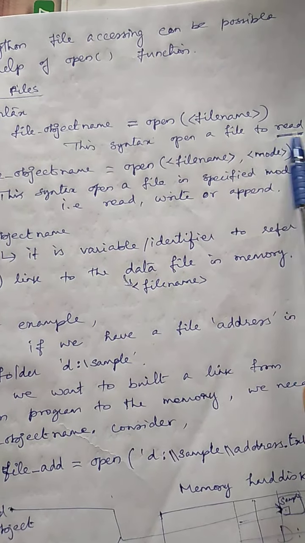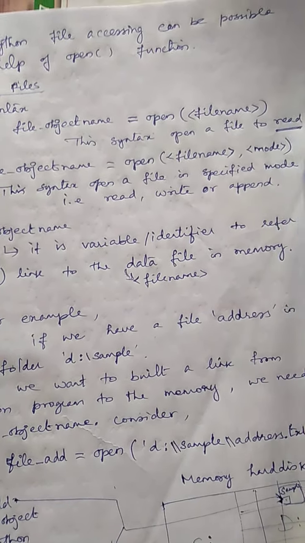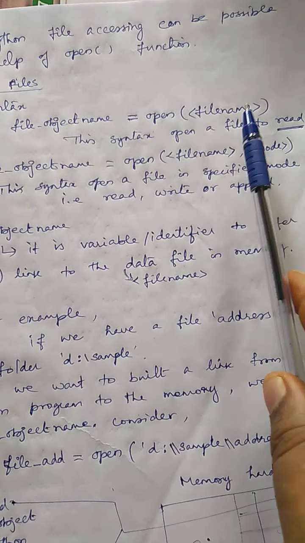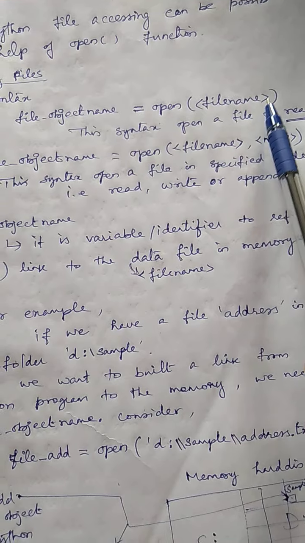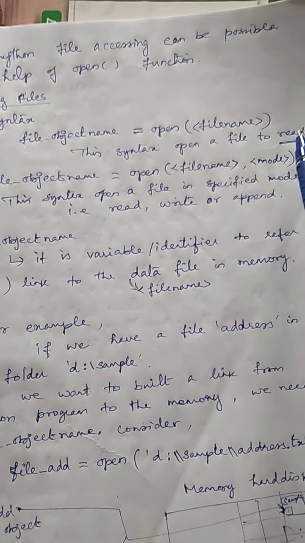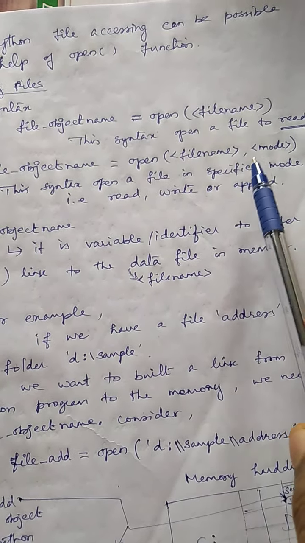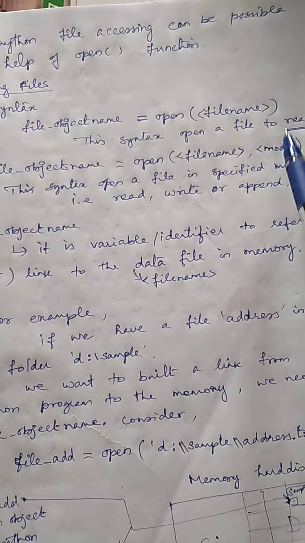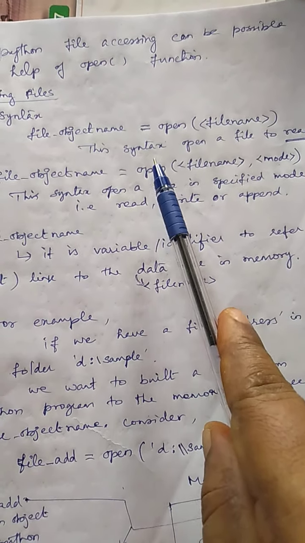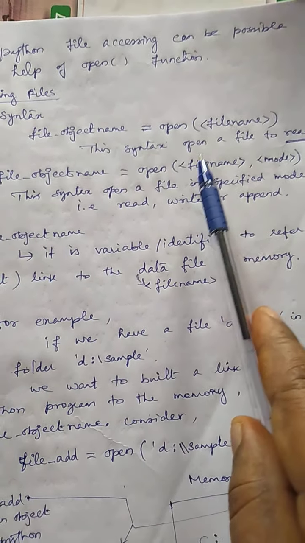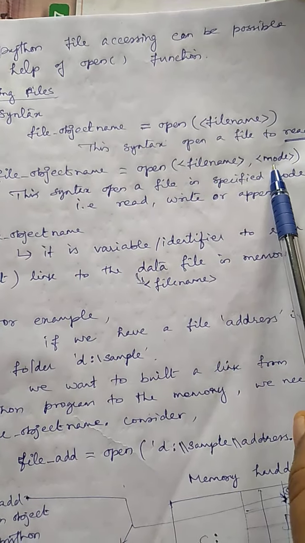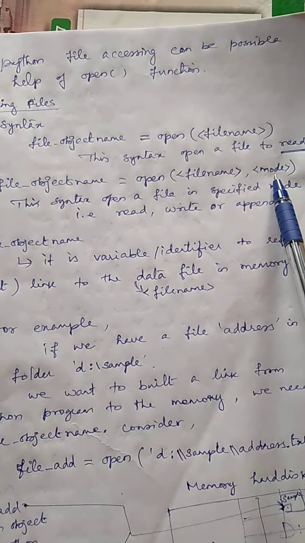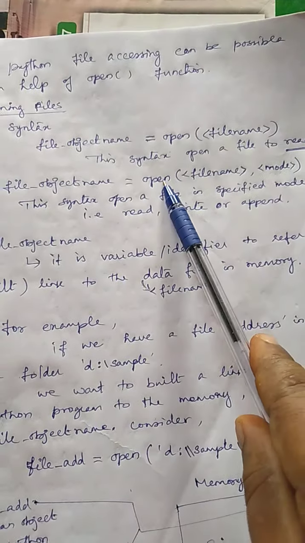For file mode, the default mode is read, but if I want to write or modify the file, I have to specify the file mode. If I am only going to read what is there, there is no need to specify the file mode. If I am going to modify, add, or do some other process, then I must specify the file mode. So the open function must have one argument, the file name, and the second argument is optional, needed when we want to do something other than reading. Okay, so this is the syntax to open a file.